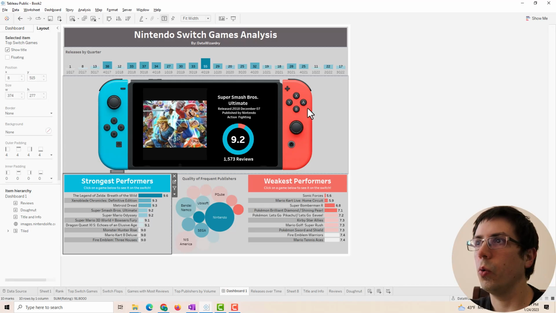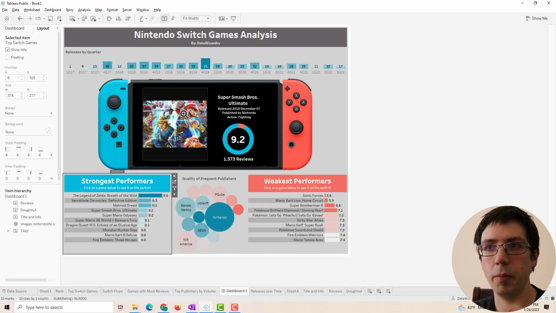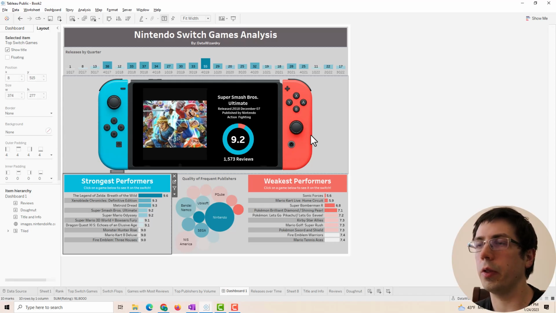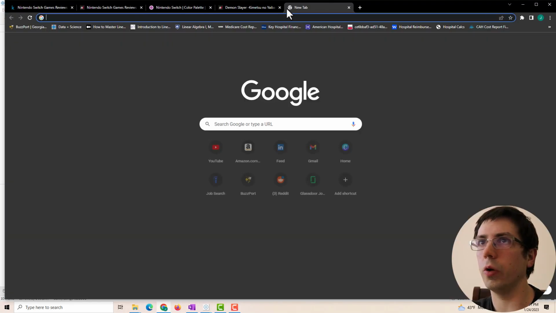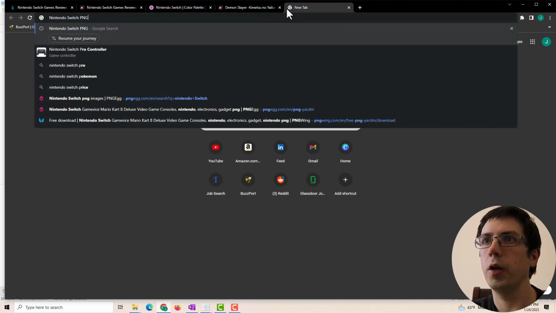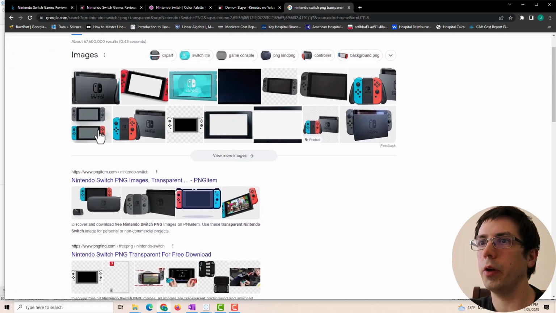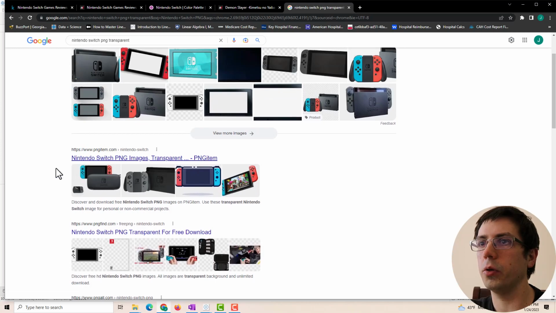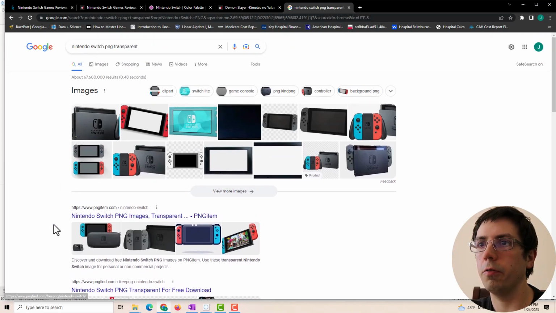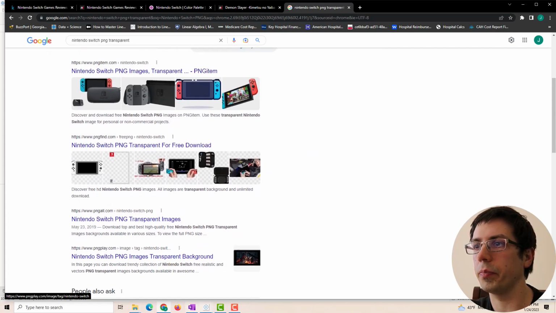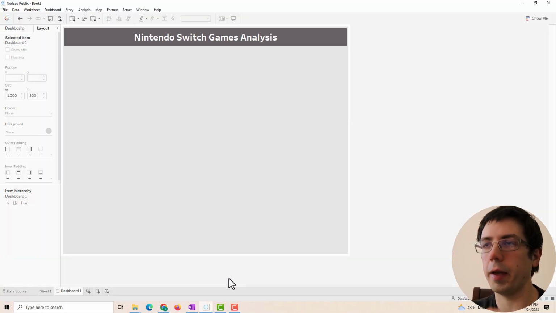Okay, so what I did next was I pulled in this PNG, this image of the Nintendo Switch, and that has a transparent background so that it blends in with the rest of the dashboard. There's no irregular borders there. I found that by going to Google and just typing in like Nintendo Switch PNG transparent or something like that. And there should be a number of these that are immediately accessible. I think I found mine at PNG Find or one of these websites gave me that image